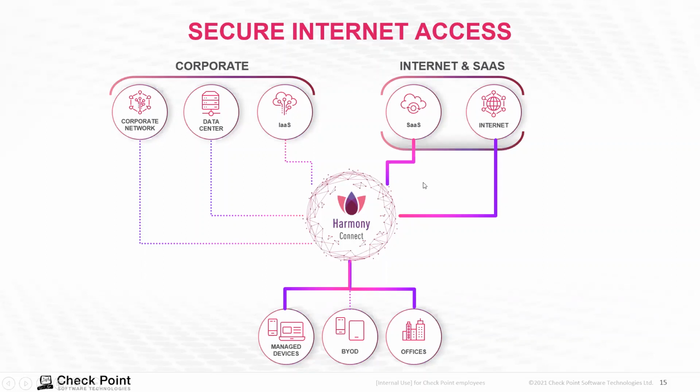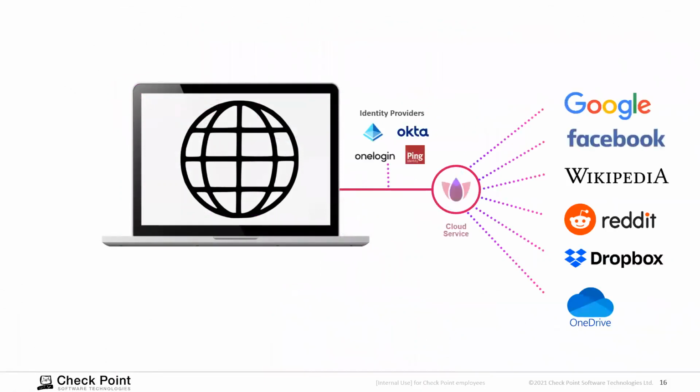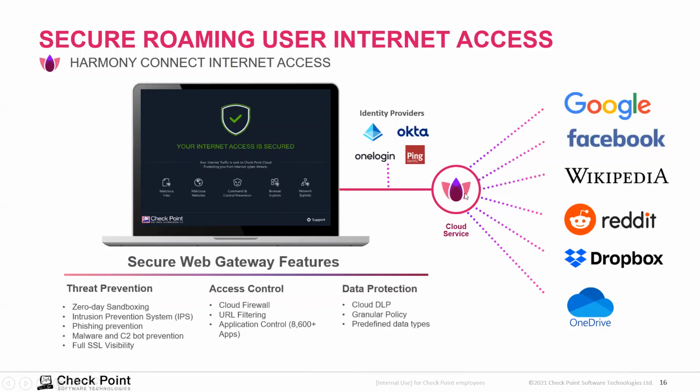Next, we're going to talk about our secure internet access capability, which provides secure web gateway, firewall as a service, and lightweight DLP to particular resources. In the traditional model, you would have a VPN, you may connect to an application hosted on the internet, a clunky approach for connecting users to the internet and securing their traffic. What we're doing is providing a lightweight client that sits on an end user's device, and it sends all of their traffic through our cloud service, through our gateway, providing full SSL inspection and capabilities like URL filtering,